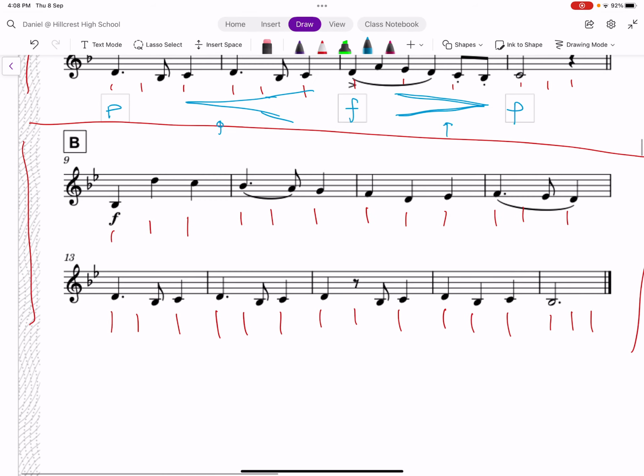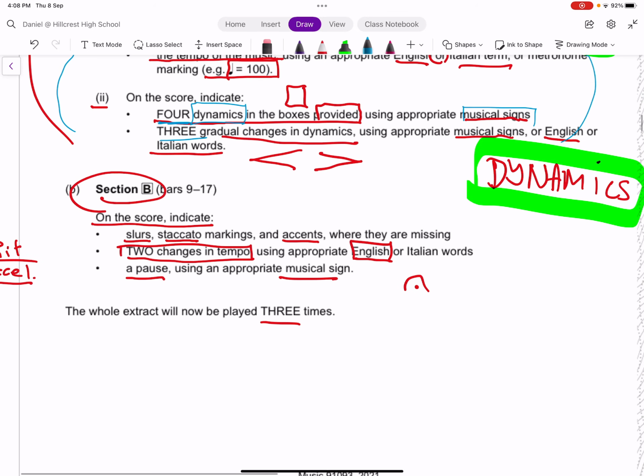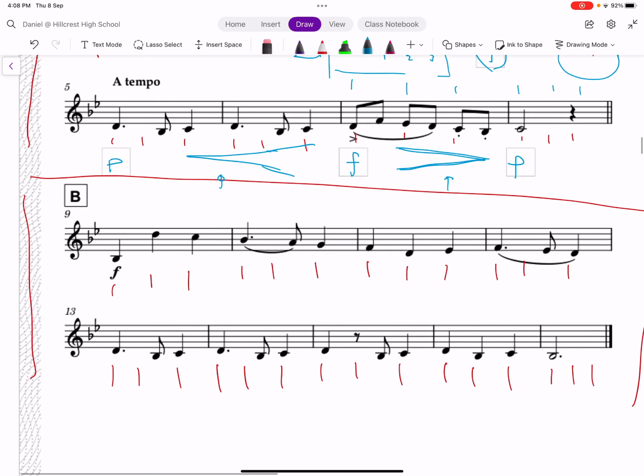Let's go to section B. What do I need to do? Changes of dynamics. Now, just remind yourself with articulations, the slurs. So slurs are these. Staccatos, detached. And accents are these. 2 tempo changes. And a pause. Wow, a lot to put in. Okay. So I will remind myself by looking for